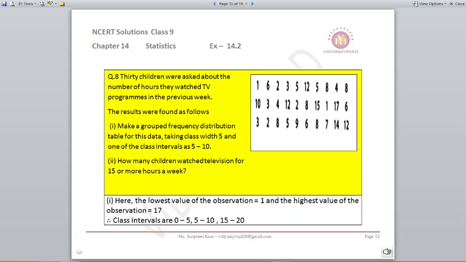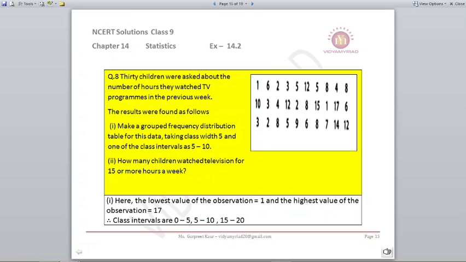Question number 8. 30 children were asked about the number of hours they watched TV programs in the previous week. The results were found as follows. Make a group frequency distribution taking the class width of 5 and one of the class intervals as 5 to 10. Now we need to find out which is my lowest value and which is the highest value. The lowest value of observation is 1. So I have to start with 0 to 5, 5 to 10 and like that 10 to 15,